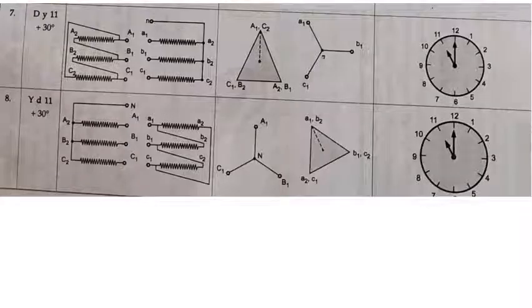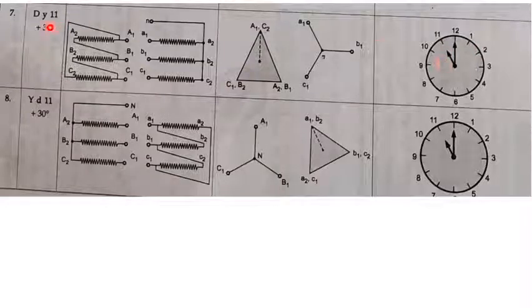So again you can find the clock method representation, this is 1 o'clock. Now one more, that is plus 30. The plus 30 is 1 o'clock reversed. So 1 o'clock reversed, how much will you get? 11 o'clock obviously. So minus 30 you will get 1 o'clock, just reverse this, you will get 11 o'clock. The minute hand is fixed, you cannot vary the minute hand, just vary the hour hand. So the hour hand initially at minus 30 was at 1 o'clock position, so just reverse this one, this is the 11 o'clock position.